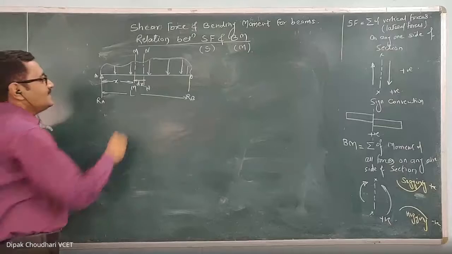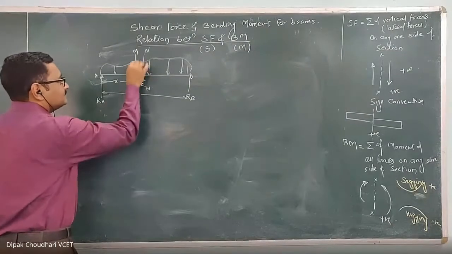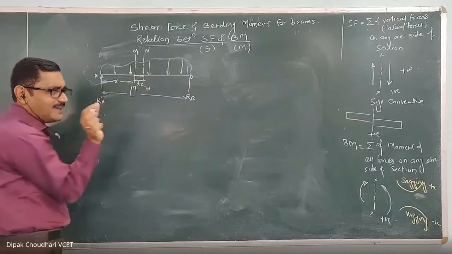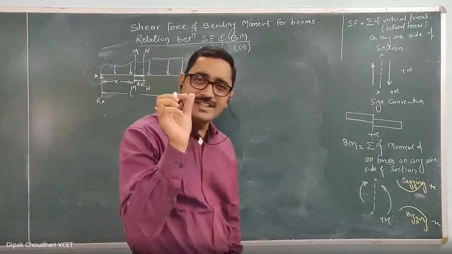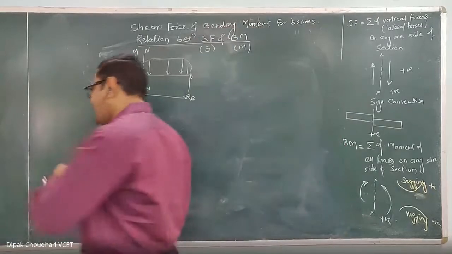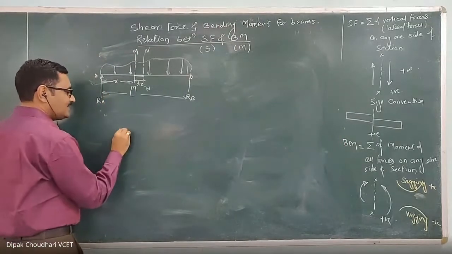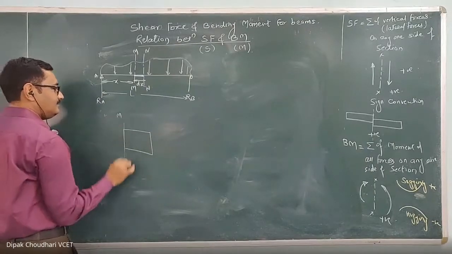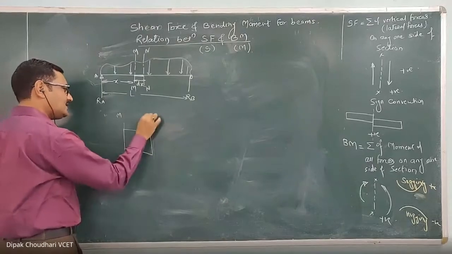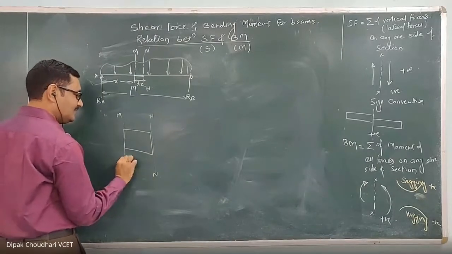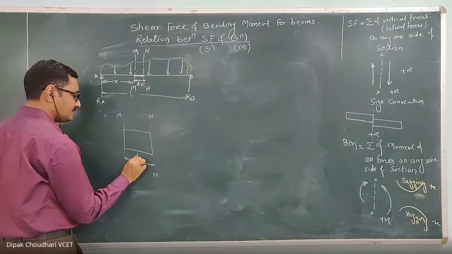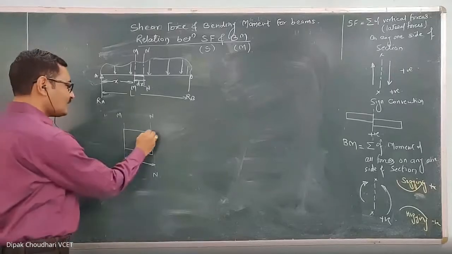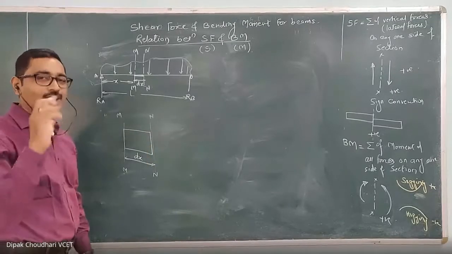Now let's consider the FBD of this section MM and NN. Consider the FBD of this much part only. This is a very, very small part, an elemental length, but now I am going to draw the exaggerated figure. So this is the beam. This section is MM and this section is NN. So this length is dx. I have considered this part of the beam. This is the cross section. This is the width of the beam or depth of the beam.